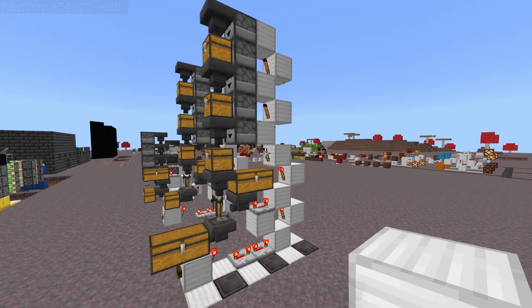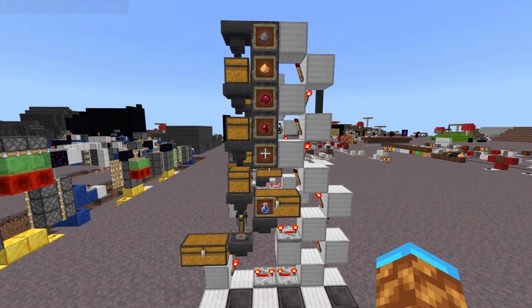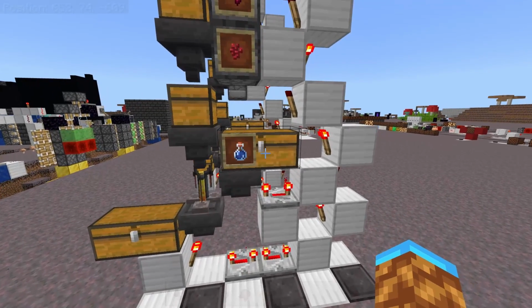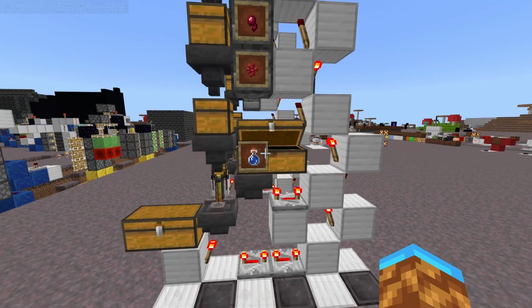Now it's ready for all the brewing items and ingredients. Just as an example, I added item frames to the side of the droppers in the chest so that you know where all your items are going to be going. For your water bottles, they go down into this double chest right here, and then all of your ingredients will